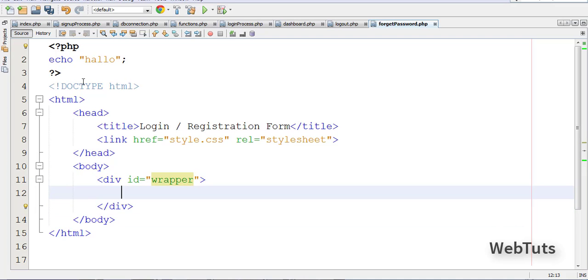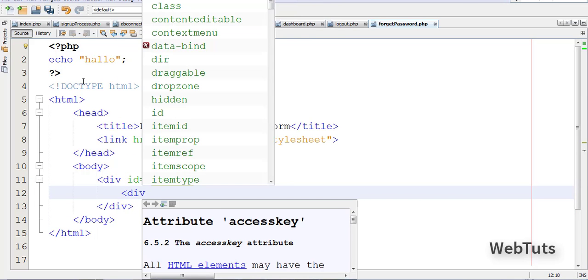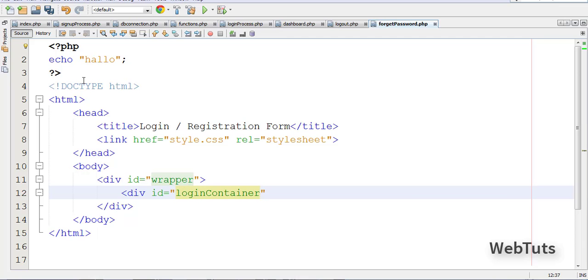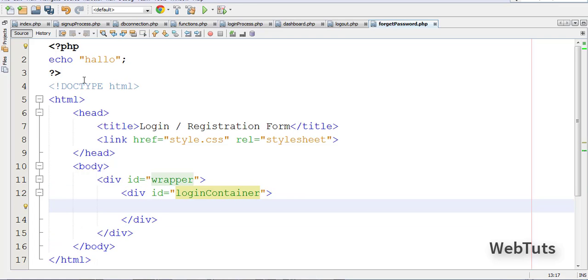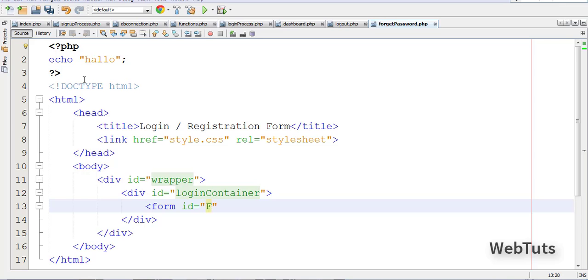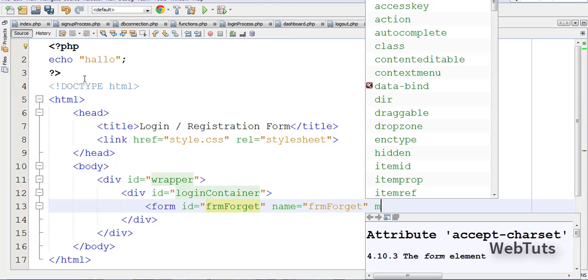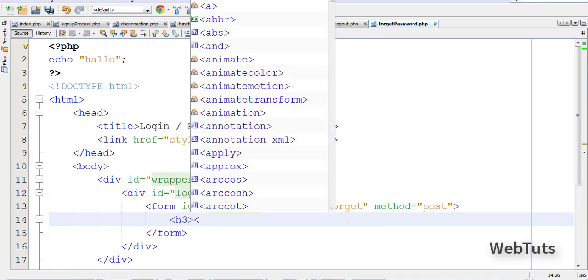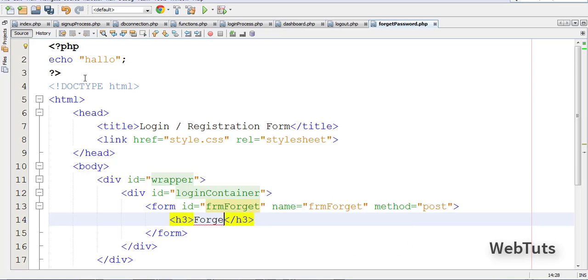So first of all, we need to create again a div with ID equal to login container. I'm using the login container ID for this form also, and under this ID we need to open a form, and the form ID is frm-forget, name is equal to form-forget, and method would be post. Now close the form, then open h3 tag, give the heading forget password,